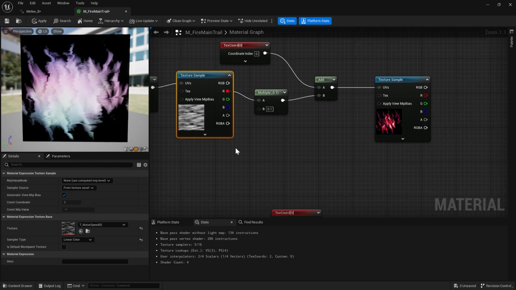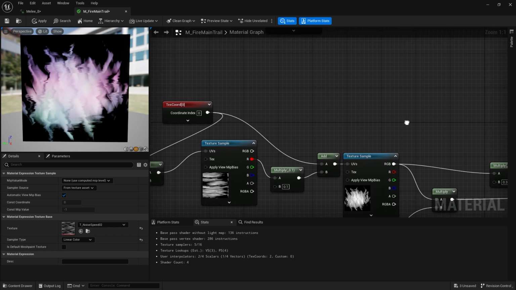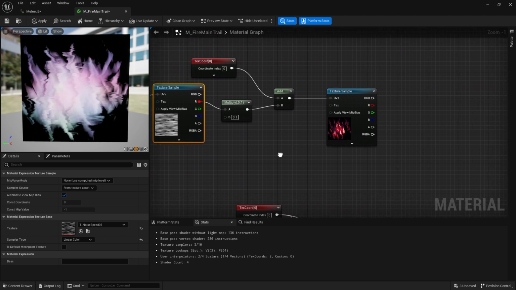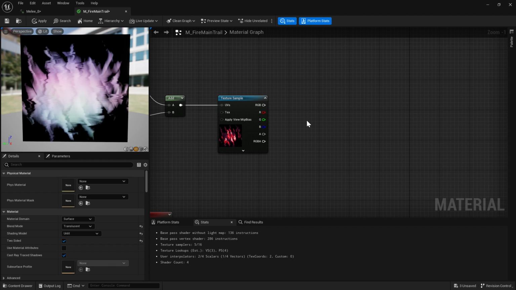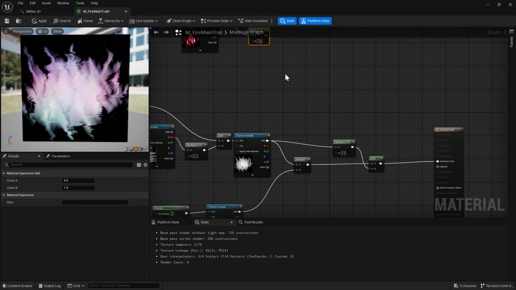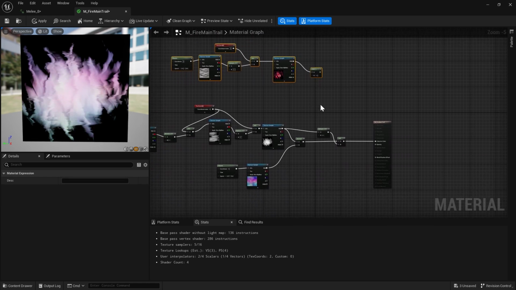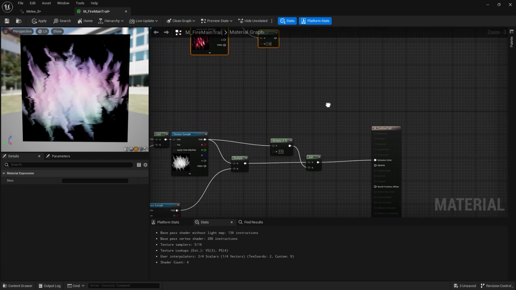And we can see how that effect looks once we join them together. All right, so we have this distortion going on here. Cool. Now we should multiply it. Or actually, we should add it on top, I believe. Yeah. But before we add it, let's just multiply this by a color and see